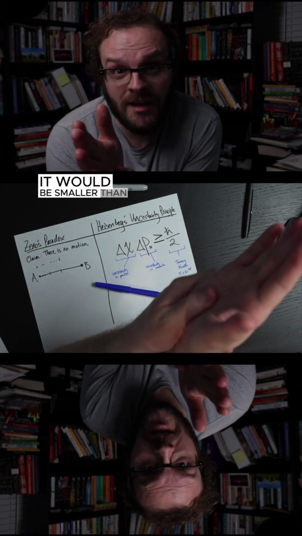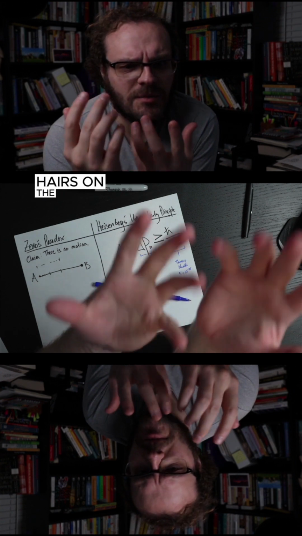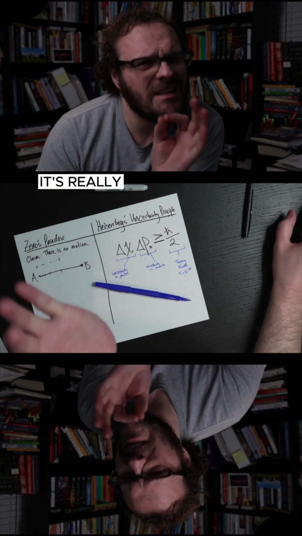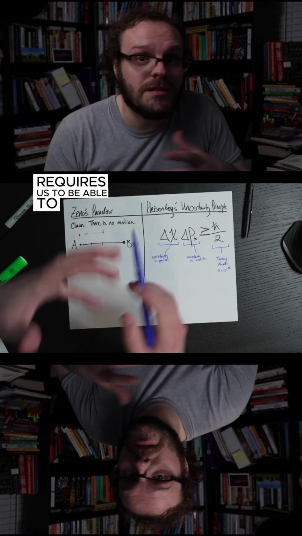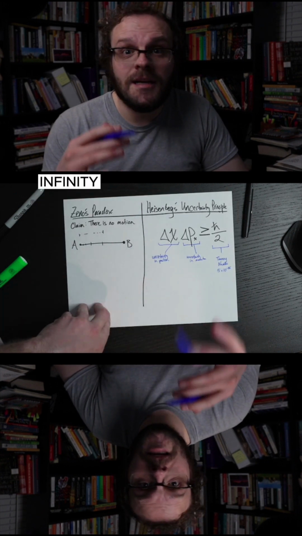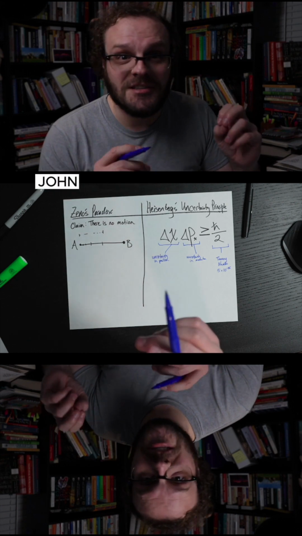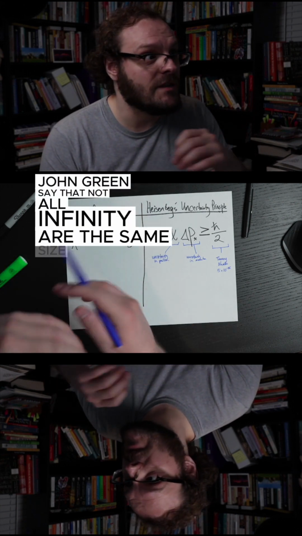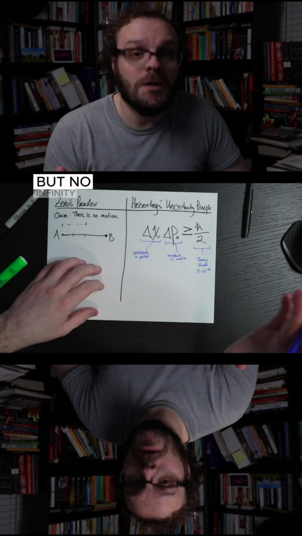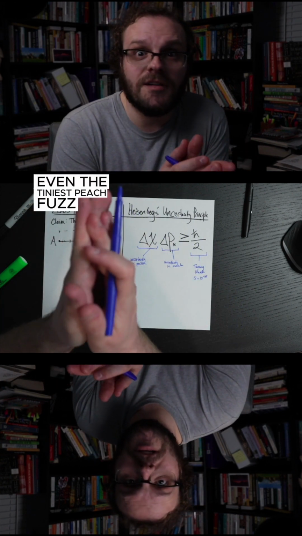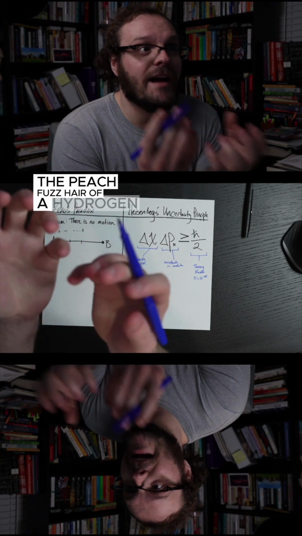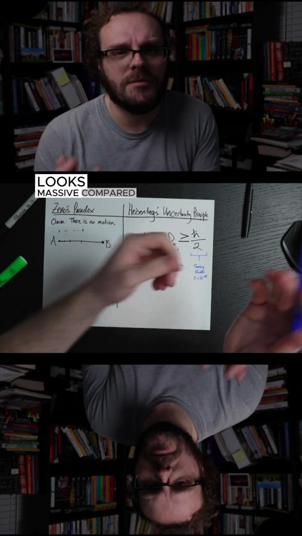It would be smaller than those hairs on the peach fuzz of a hydrogen atom. It's a really small distance. But recall that Zeno's paradox requires us to be able to divide things infinitely many times. You probably heard John Green say that not all infinities are the same size. That's true, but no infinity is the size of 0. Even the tiniest peach fuzz hair on the peach fuzz hair of a hydrogen atom looks massive compared to nothing,